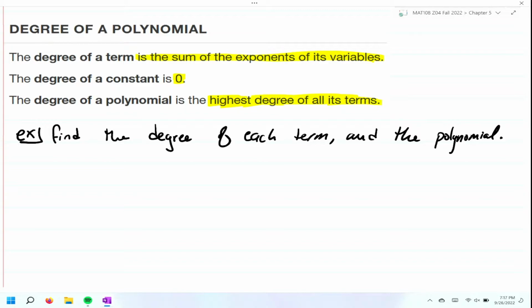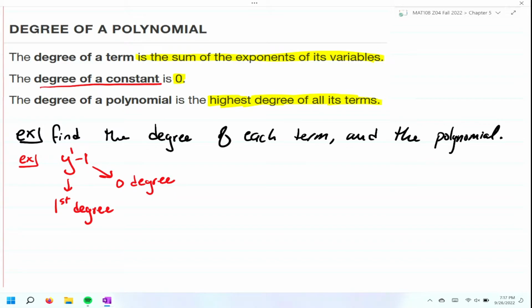All right. So here's the first one here. We're going to find the degree of each term and then the degree of the polynomial overall. So for the letter y, that is a first degree. And the reason? The y is raised to the first power. For the constant -1, that is a 0 degree. And the reason for that? The degree of a constant is 0. So this overall is a first degree